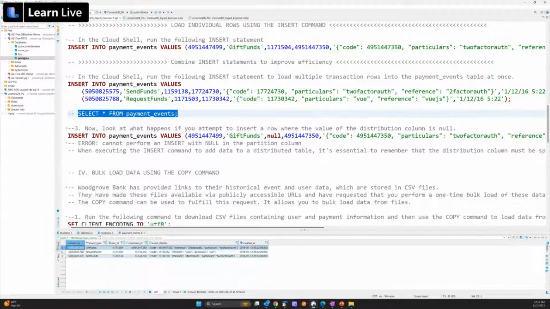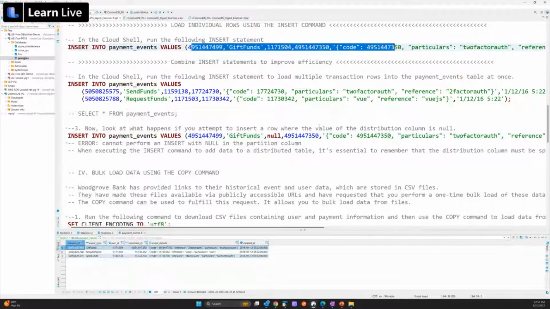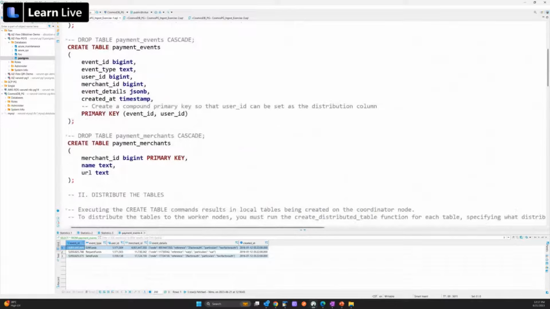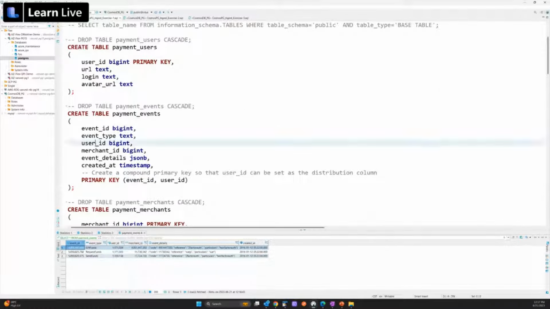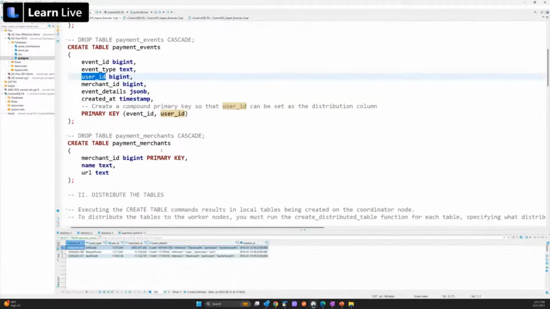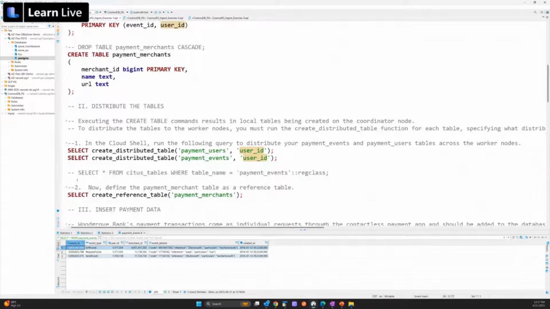So I'm inserting into the payment events. I have pretty much the exact same values that I have in the single insert. The only thing I did was for one of the columns, and that column happens to be the user ID column in the payment event table, which, by the way, if you remember, is also the distribution key. So if I come back to the Citus table over here, this is the distribution key, user ID column